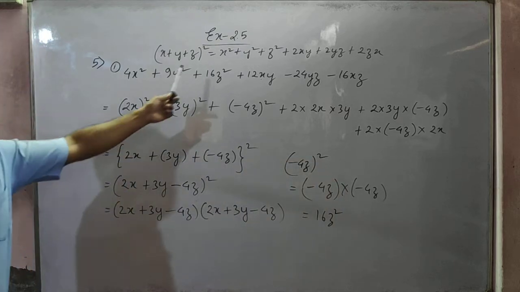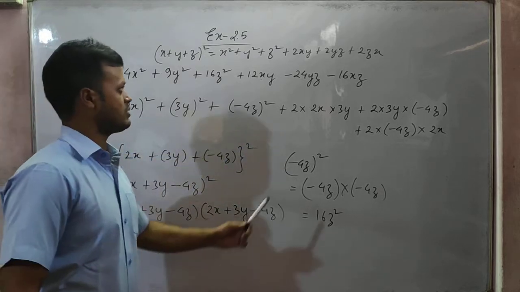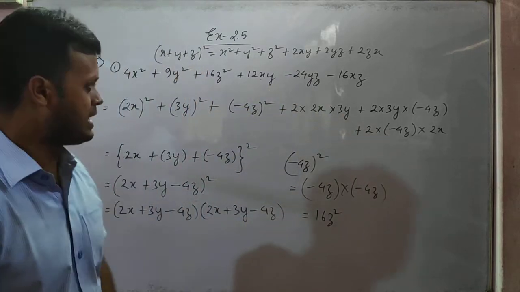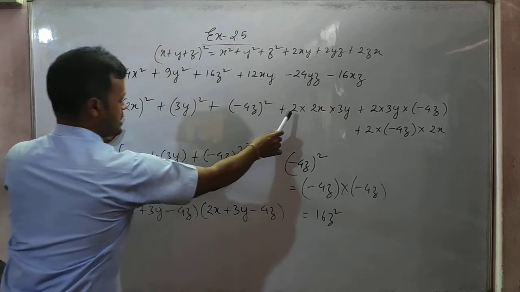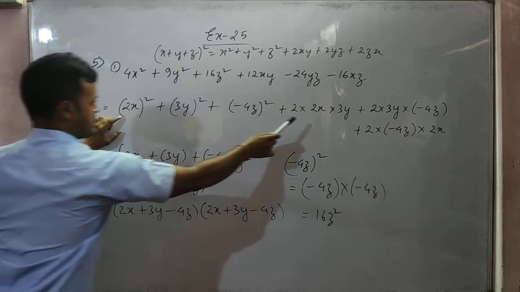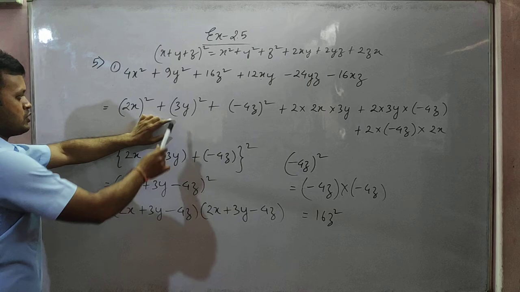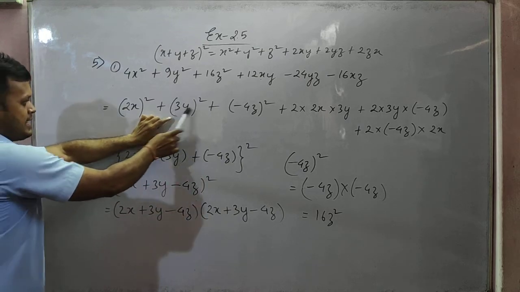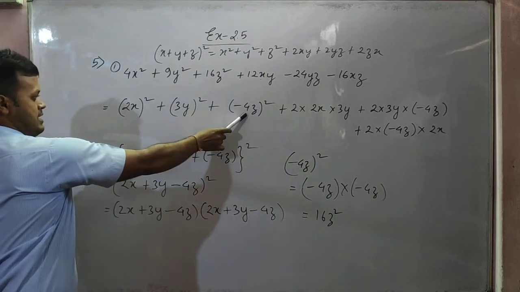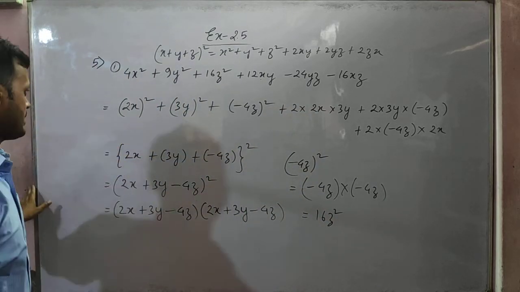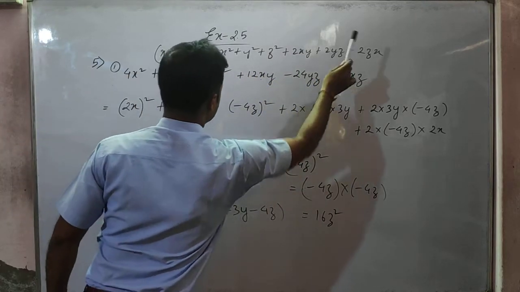So this is x square plus y square plus z square. After that, what should I write? 2xy, isn't it? How will I write? I will just observe here. This is x, this is y, and this is z. So I will write 2xy, 2 into x into y, plus 2yz. 2 into, this is y, students, and this is z. So see, 2 into yz. And 2zx, 2 into z into x. Okay. So now you see, students, x square plus y square plus z square plus 2xy plus 2yz plus 2zx.